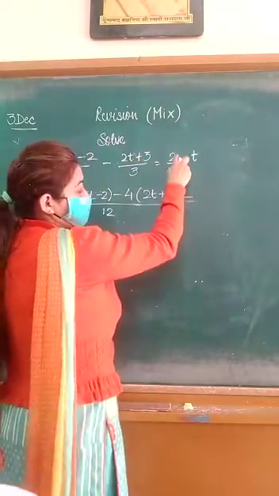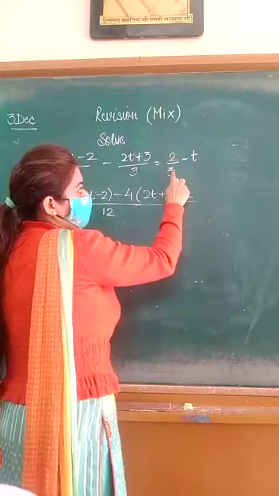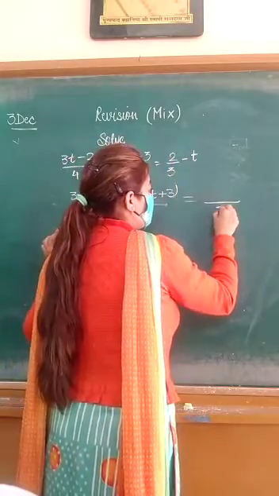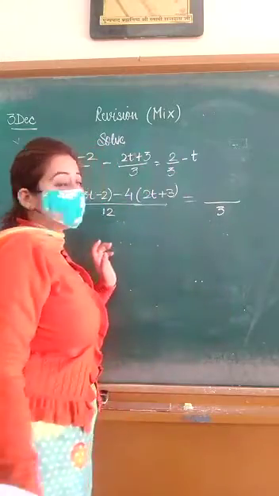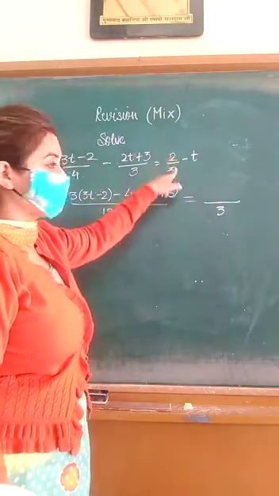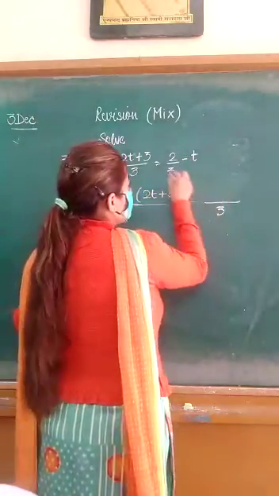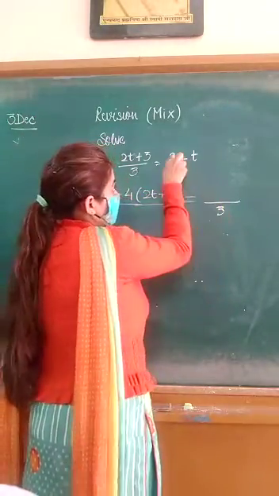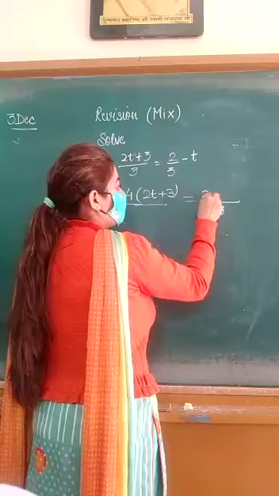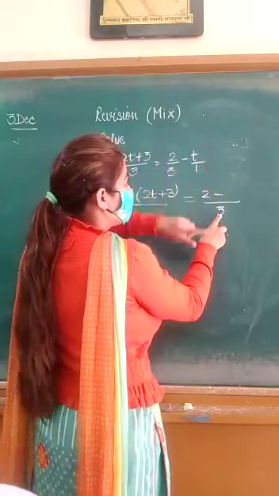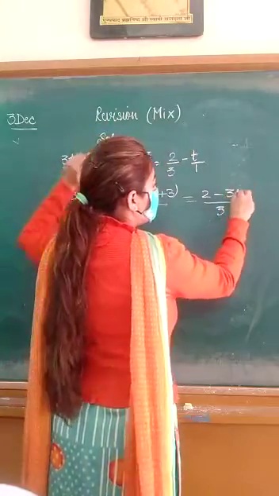Now on the right hand side, this number is given in the form of a rational number, or you can say fraction. So you will again take LCM. LCM will be taken only when the terms are in the form of fractions or plus minus is there between the two terms. Now take LCM. 3 divided by 3 is 1. 1 will be multiplied by 2, that will give you 2. Here you will write 1. 3 divided by 1 will give you 3. 3 into t will give you 3t.